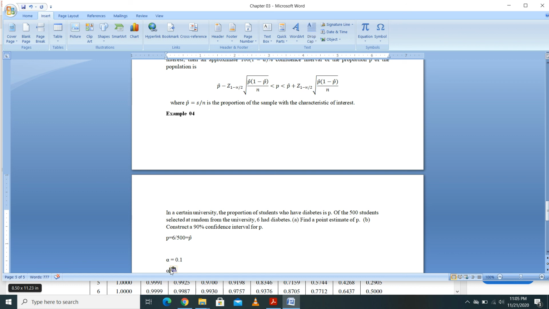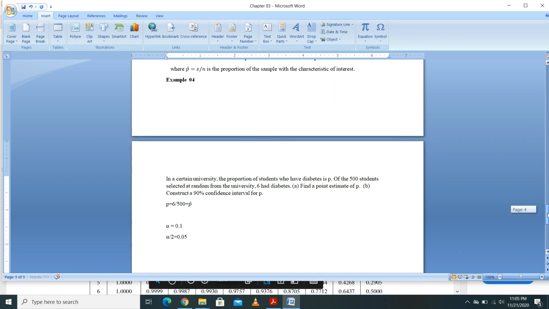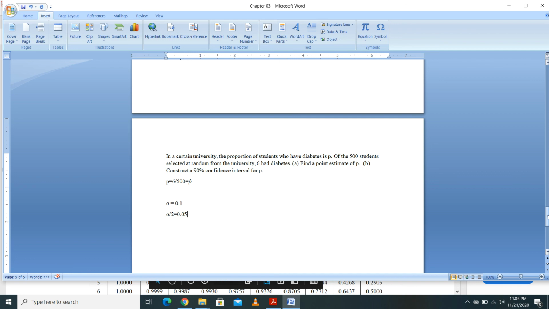So we need to find alpha divided by 2 value, which is equal to 0.05. Right, so because of this, if alpha is this, then what you have to do is, then we have to find out the cutoff points,